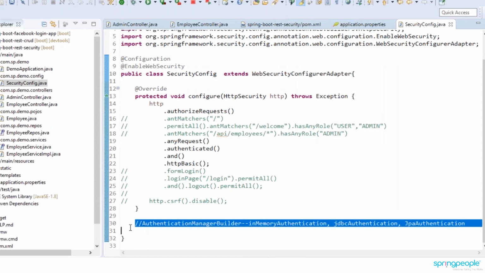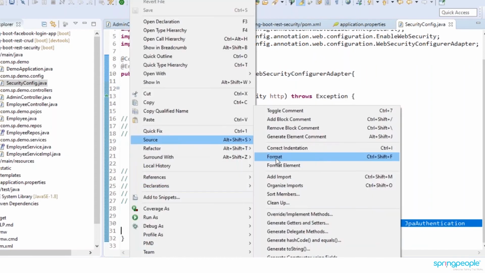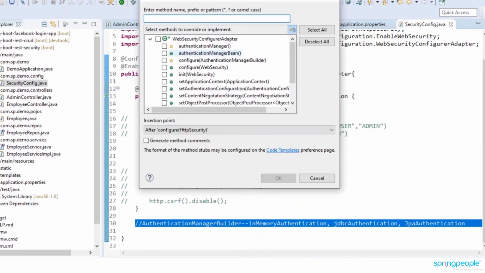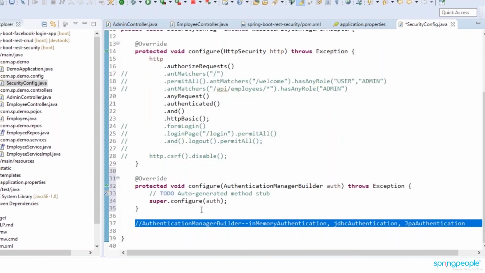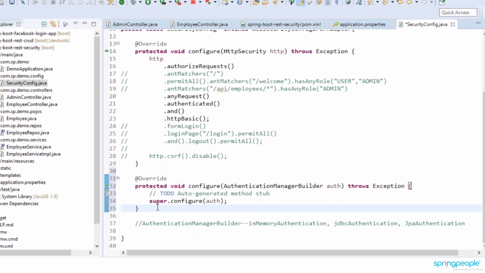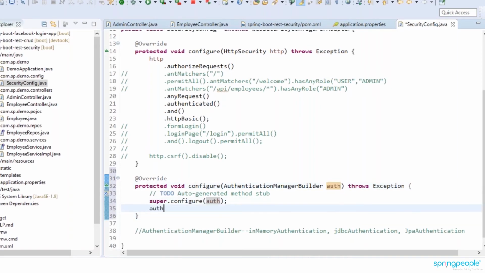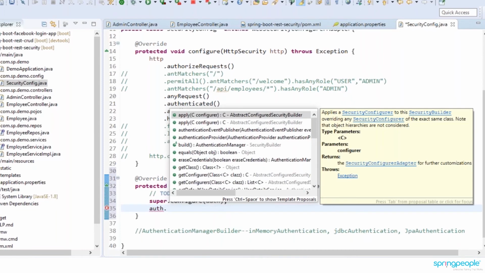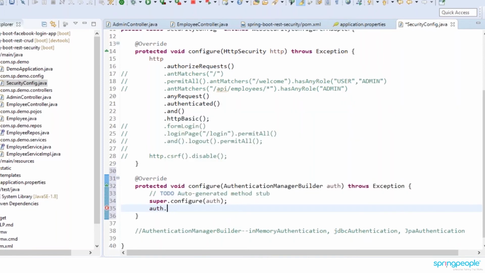So if you just go to the WebSecurityConfigurerAdapter methods, here you can see the authentication manager builder is taken by the configure method. If you override the configure method, you can configure the authentication manager builders. Here you can just copy it and put authentication dot. You can see here JPA or JDBC, or you can go with